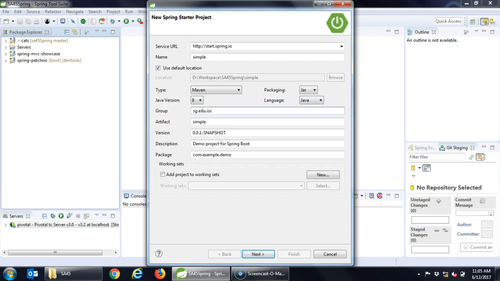If you want to be very specific, you can say edu.nus.iss.team4.team whatever, then .ims, then your packaging. So it's completely up to you. This is a very simple Spring Boot project demo, so I'm just keeping the same thing. You can see that the naming for the packages is the same as group. So I'm going to change this as well. ISS. I won't keep it as demo, I'll keep it as simple